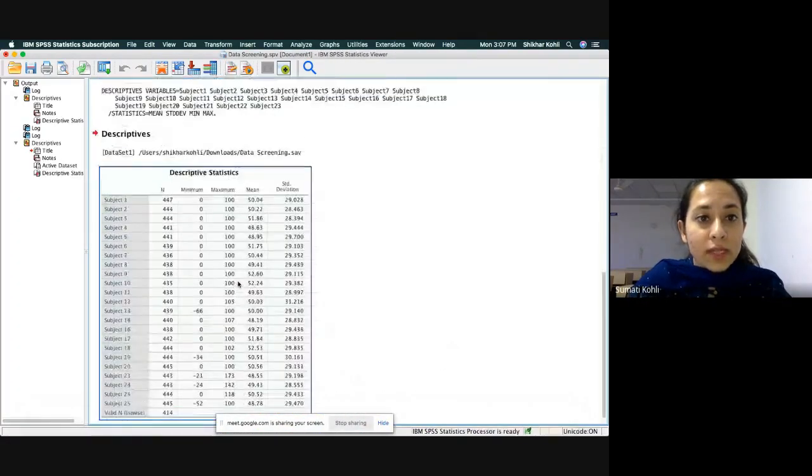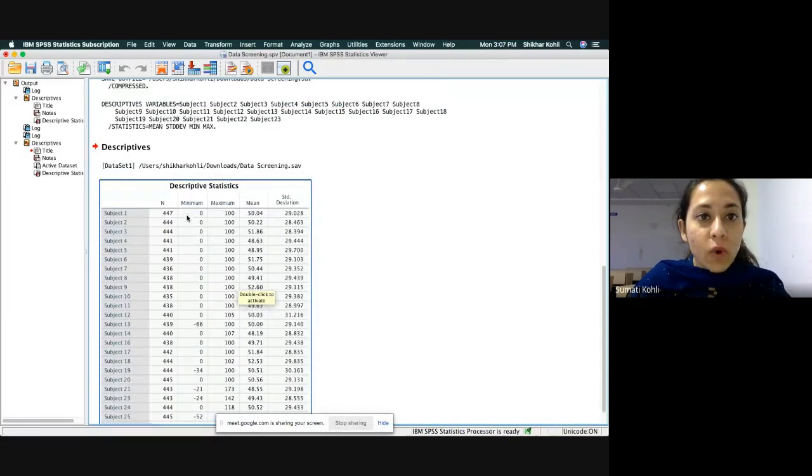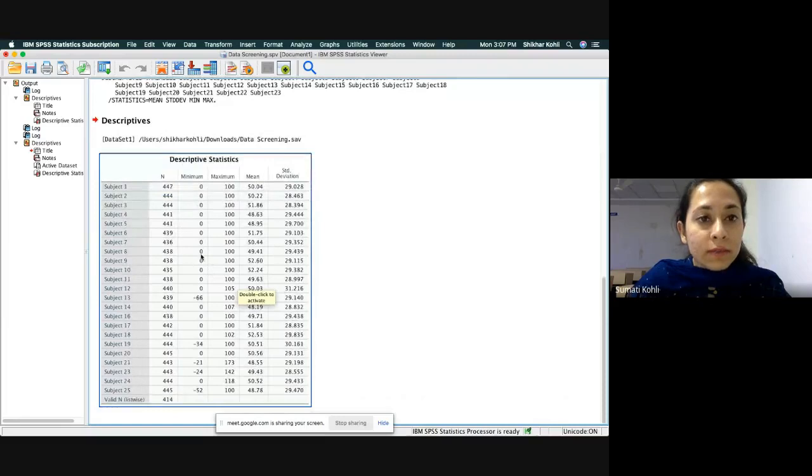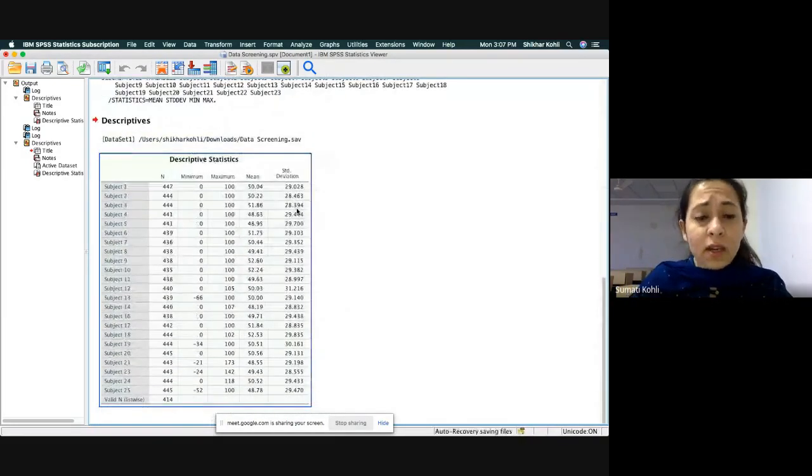For example, we had told SPSS that we want the minimum, maximum, the mean, standard deviation. You can compute whatever descriptive statistics you want to compute.